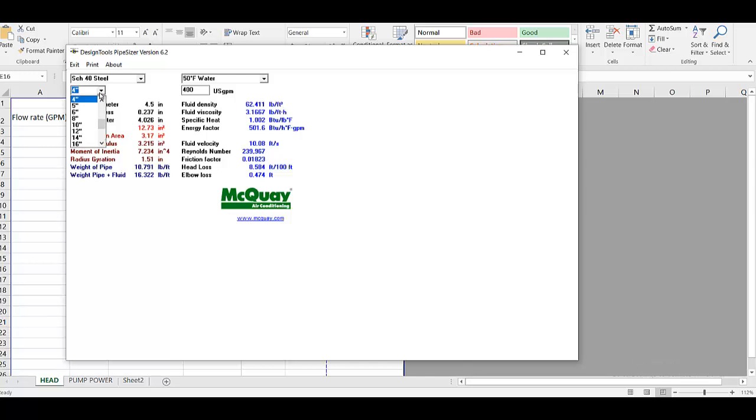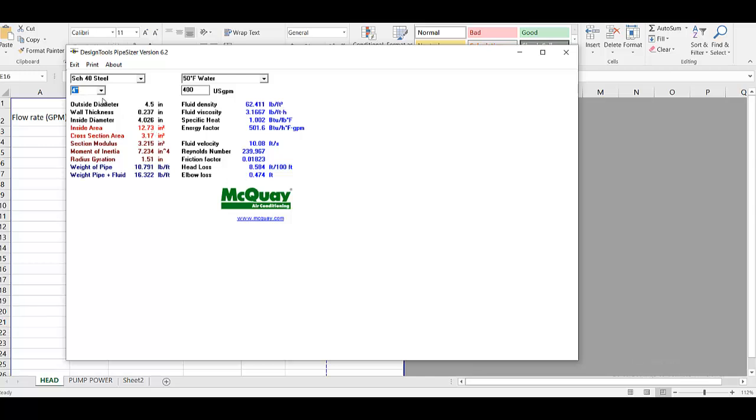So from here we can select the size. Let's suppose you see here the head loss is 8.58. If we flow 400 GPM in a 4-inch pipe, then the head loss is 8.58 feet per 100 feet, and the fluid velocity is 10. As you know, according to the standard, the minimum fluid velocity is 2 feet per second, and the maximum fluid velocity is 6 feet per second. These are the limits. Similarly, the minimum head loss is 1 foot per 100 feet, and the maximum is 5 feet per 100 feet.